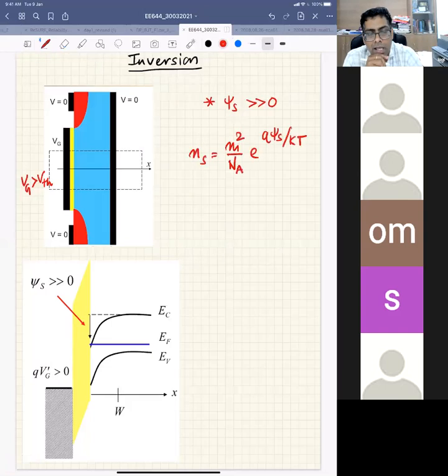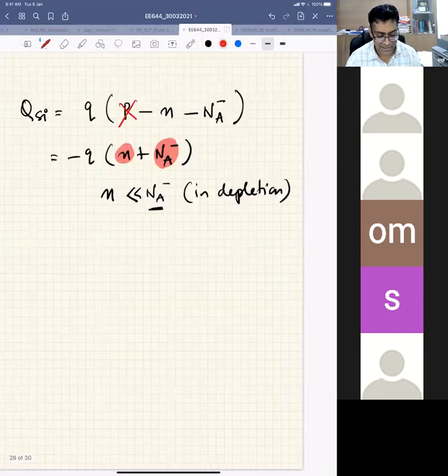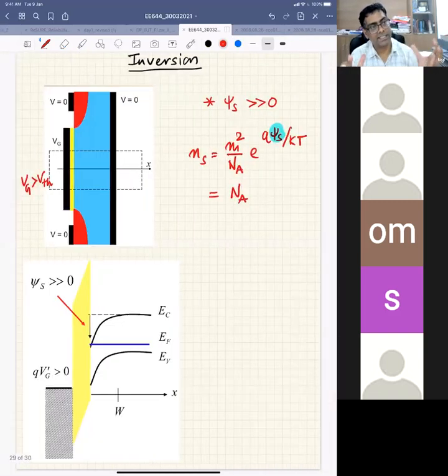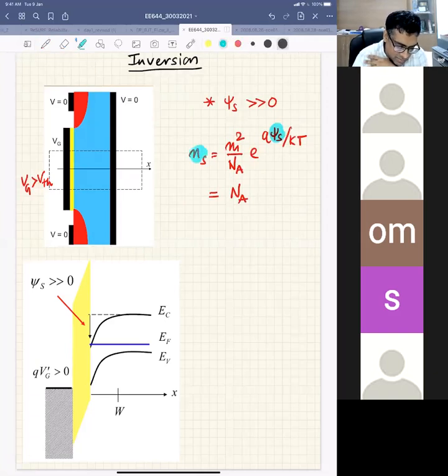At some surface potential, the number of electrons will become equal to the number of holes present earlier, Na. In depletion, the number of electrons is less than Na, but at some point the number of electrons will exceed the depletion charge. This is the border, where n s will become Na. And if I do that, then your psi s